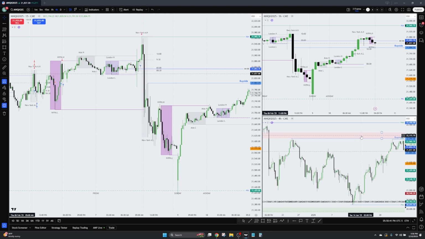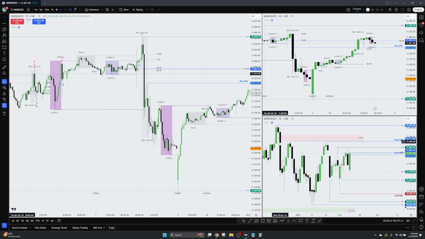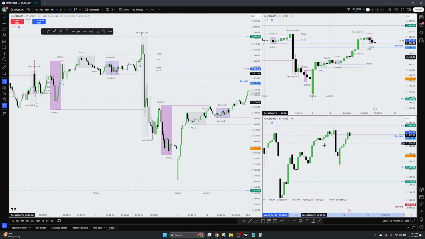And the daily fair value gap that has not been filled in. So I'll go to the daily so you can see. You can see this area here was the traditional daily fair value gap, but price has worked its way through here a little bit. So I normally just shade the area that has not been worked into yet because there are orders up there where the market may want to go and grab these orders and potentially even come up here for this weekly high. Okay, so with that context in mind,